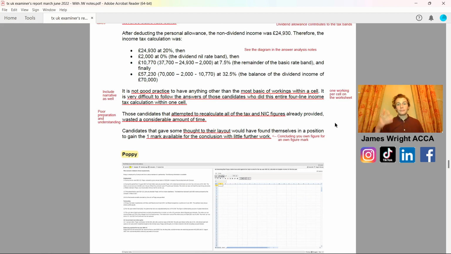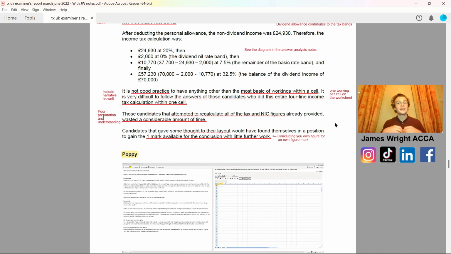We've also got on here, I've just put, see the diagram in the answer analysis notes as to the breakdown of how much we should be charging in terms of rates and then the nil rate band. So again, watch that answer analysis video. But other final points for the first 10 marker was, again, please don't do this in your exam. Include narrative within your actual answer, but look how the external examiner is highlighting there that not good practice by